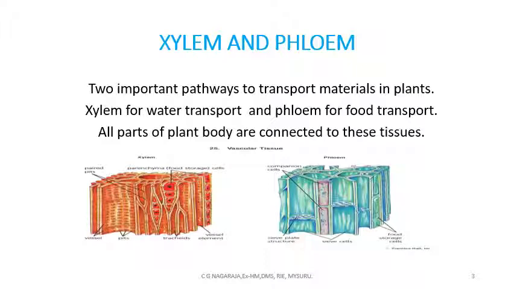The next one is the phloem. Phloem contains two kinds of cells, companion cells, and sieve cells. These cells help in translocation of food. That means food molecules move from the place of manufacturing to all the other parts. We shall study these in a little more detail in higher classes, but we shall say how these two systems help in transport of materials in the plants.